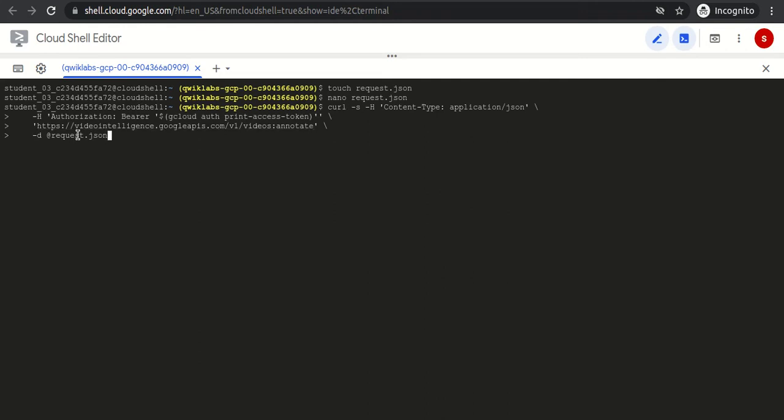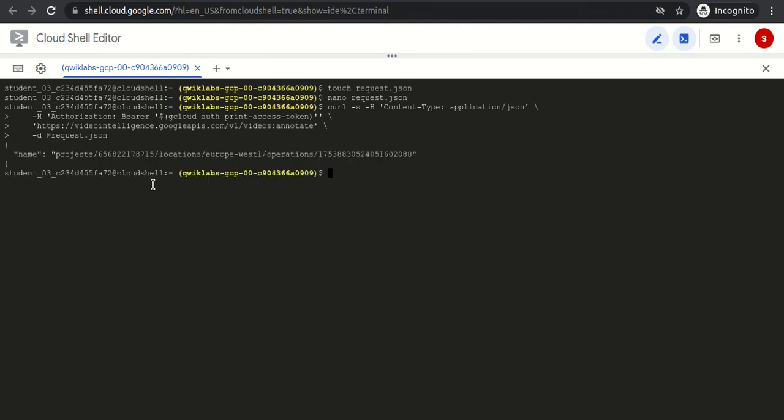We are performing the curl operation, because any REST API can be called using curl, and we are passing the content type as application/json, because the request.json format is application JSON, it is not a text file. So we have to provide the format of the file. We also have to authenticate this API using gcloud auth, because right now our current service account is activated, so the token will be taken from that particular service account. So let me click it.